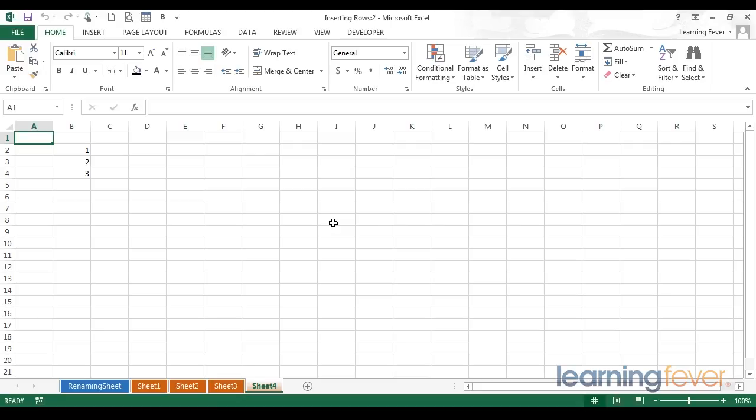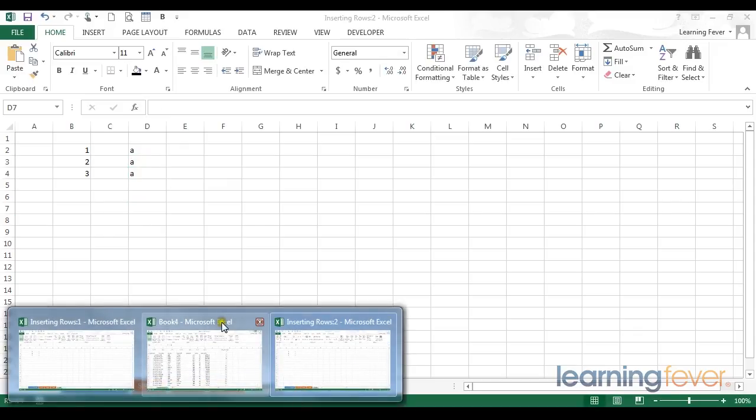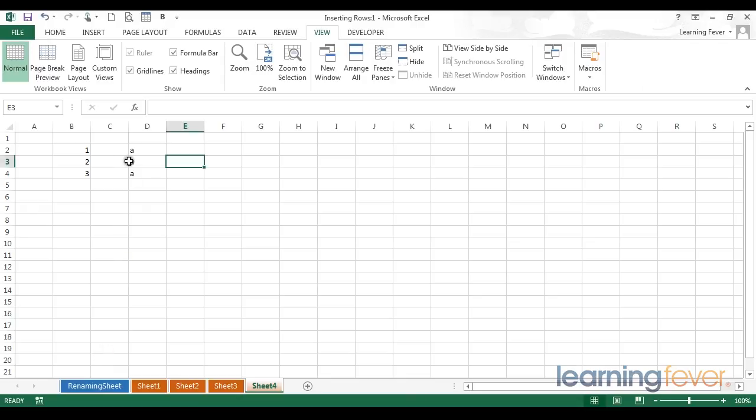So the information that I add to one window, Inserting Rows version 2, if I add information here and find my other version, Inserting Rows 1, that information has also been added. It is one workbook. You have two entry points to that workbook. Now that feature in itself is not particularly useful, but then we might decide to arrange the workbook panes that